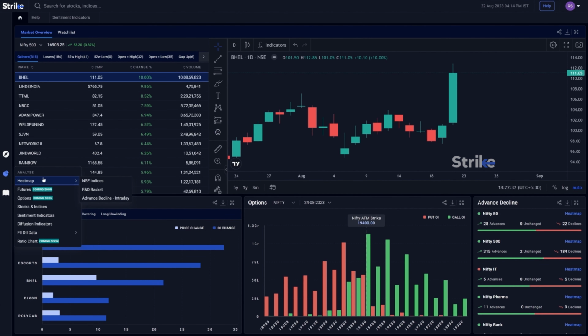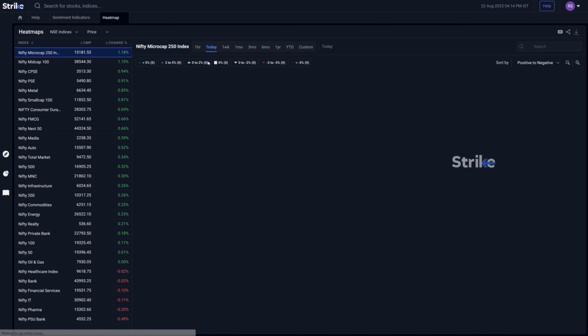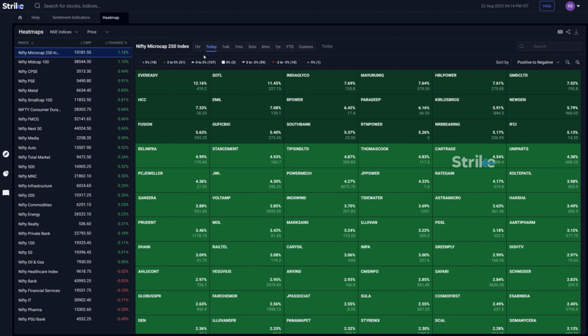We're now going to discover how to use heat maps to find stocks that are performing in different time frames and different periods. Now you can click on heat maps and you'll see there are three categories to start with, and let's just start with the NSE indices. When you click on NSE indices, you'll see the choice of three different types of baskets that you can apply heat maps to. We'll start with the indices themselves,